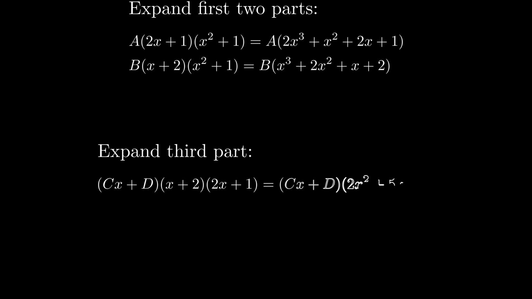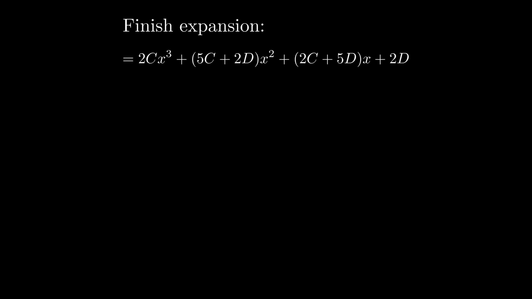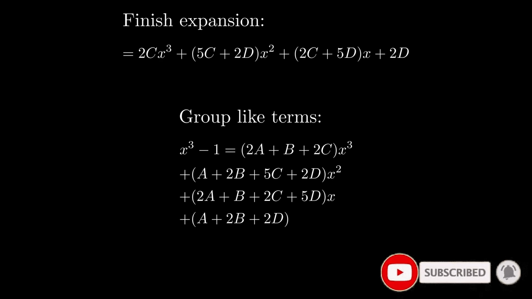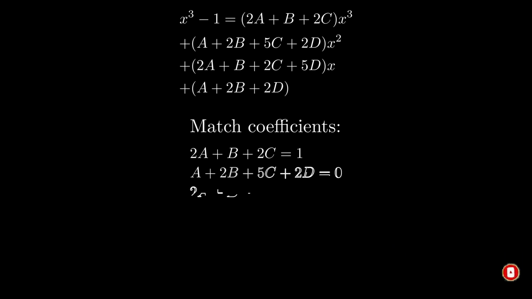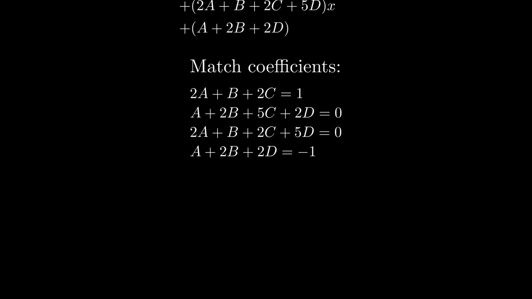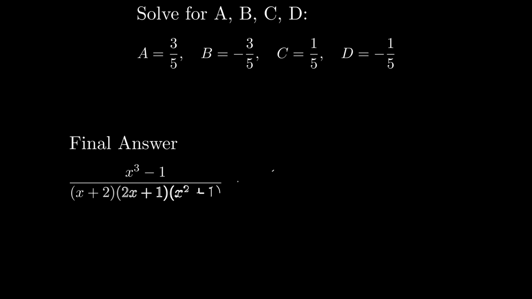We simplify x plus 2 times 2x plus 1 first. Now we multiply and simplify the last part. We collect x cubed, x squared, x, and constant terms. We now create 4 equations from each line. Solving the equations gives us the values. So the final answer is